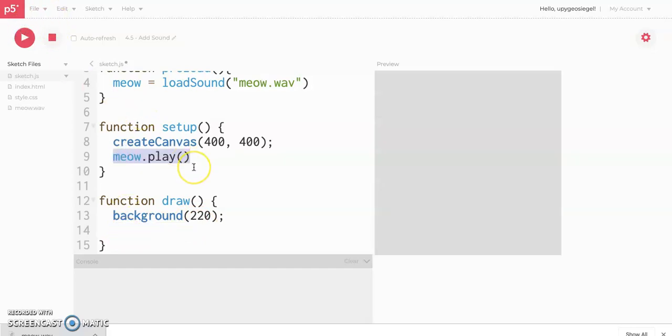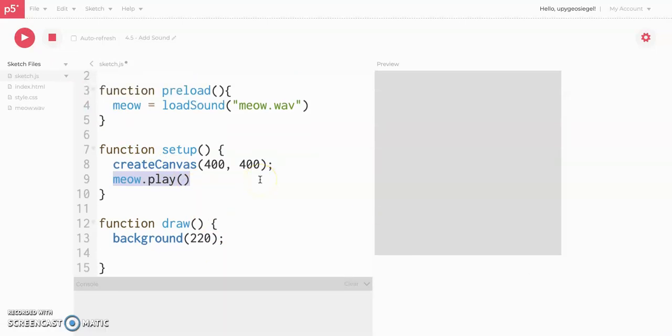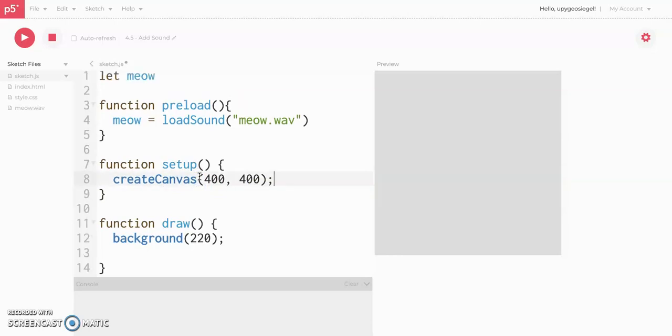Now, okay, so we can get a sound to play. That's kind of cool, maybe not great. We want to do a little bit more with that. What I'd like to do in this video is show you how to make it so whenever I click the A key, it plays the sound. So to make it play the sound only when I press the A key, we're going to say if, remember this, key is pressed,